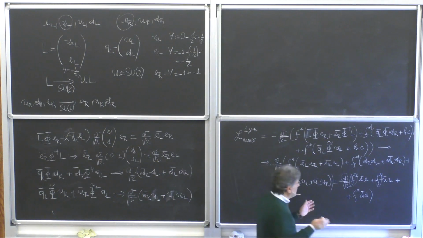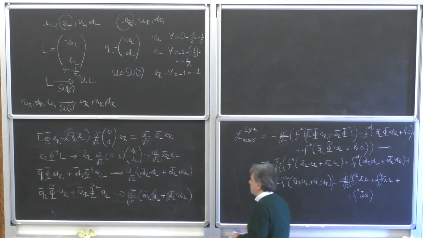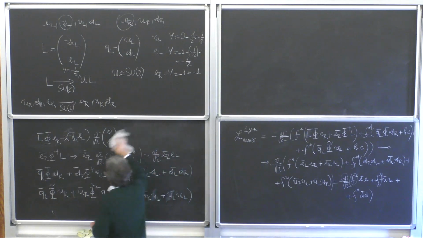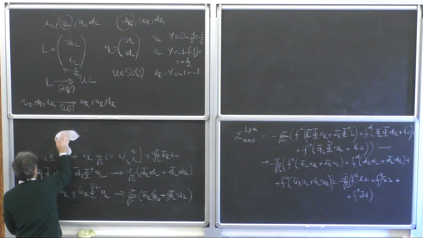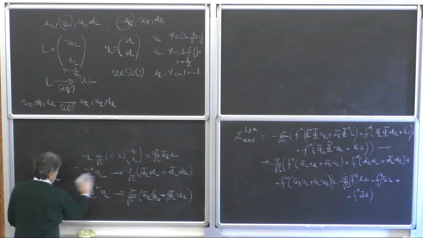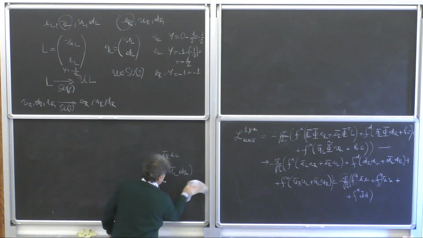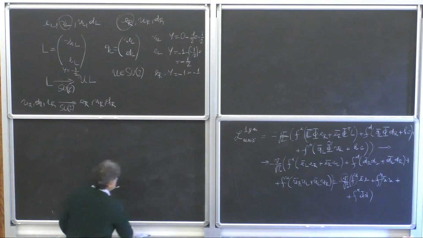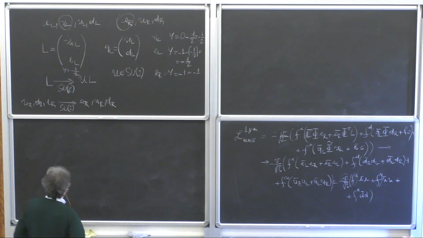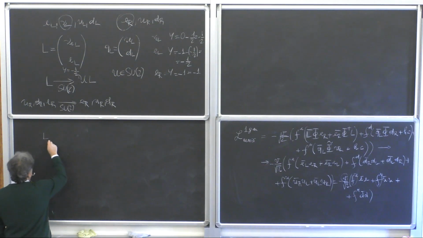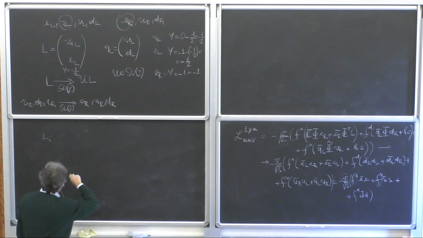So we need to make the notation a bit more complete, able to describe three generations. And so the most straightforward way to do this is to define L_i